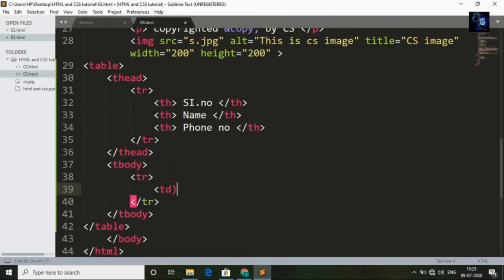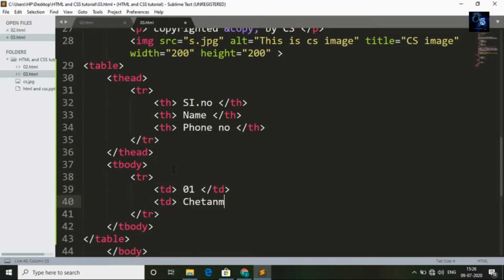in td, table data. This is the opening tag and I will add first serial number 1 and I will provide the closing tag. Then I will add the next data, name Chetan, and I will add the closing tag here. Then I will add phone number 123456. Then I will add the closing tag.